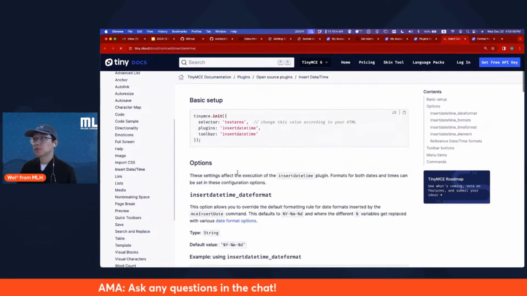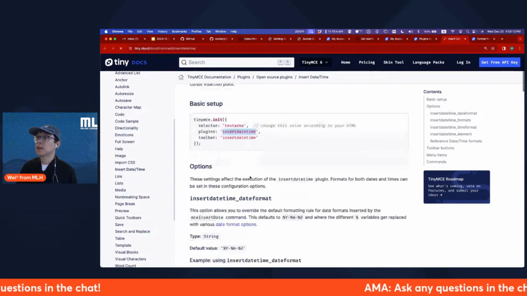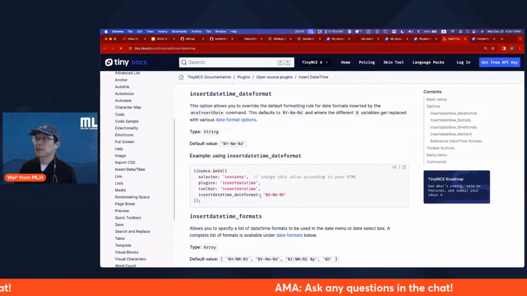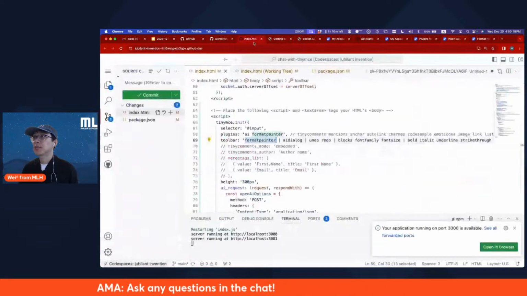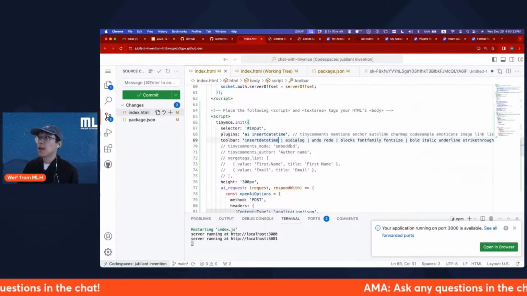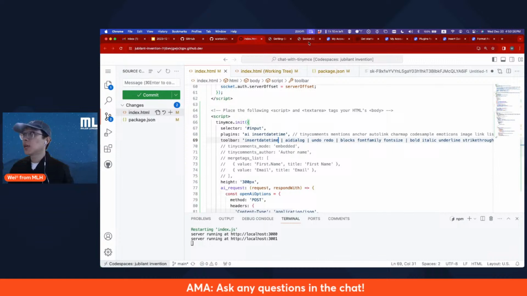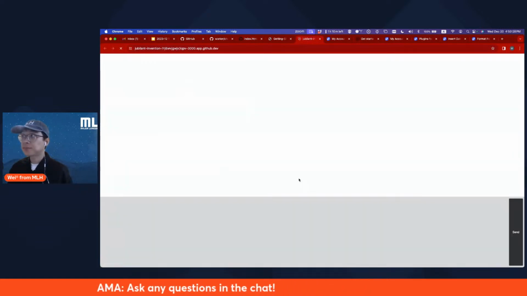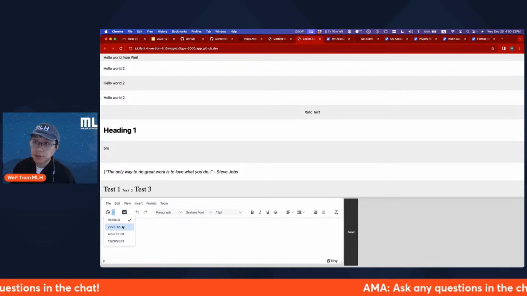And this is also super easy, right? Insert date time, toolbar, insert date time. Of course, there are a ton of configurations that you can choose from, but for our basic use case, we're just going to add it in. I'm going to take out the format painter and include the insert date time feature. And if I refresh here on our application, you can see a clock,